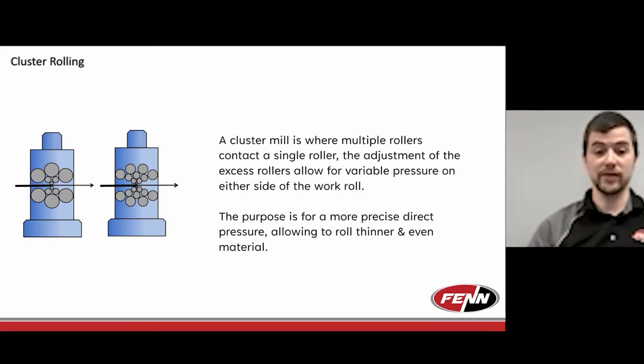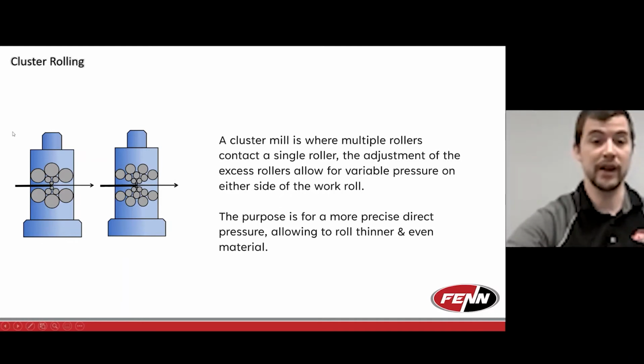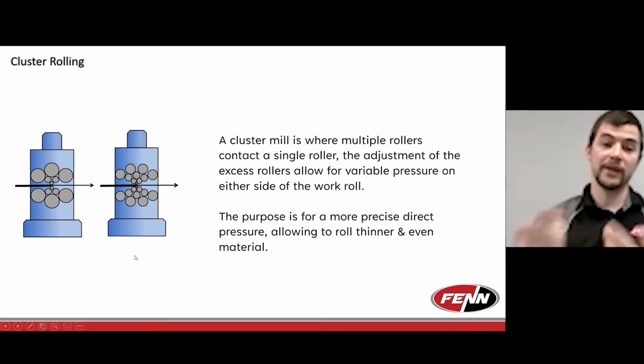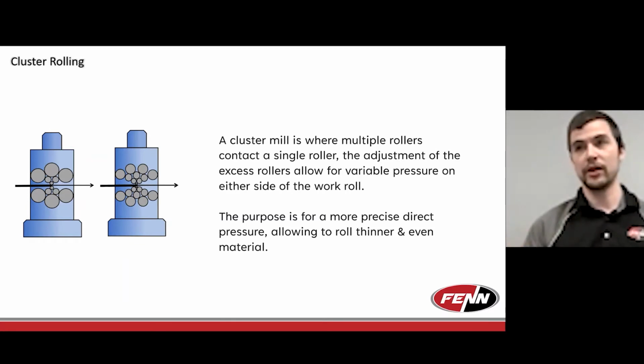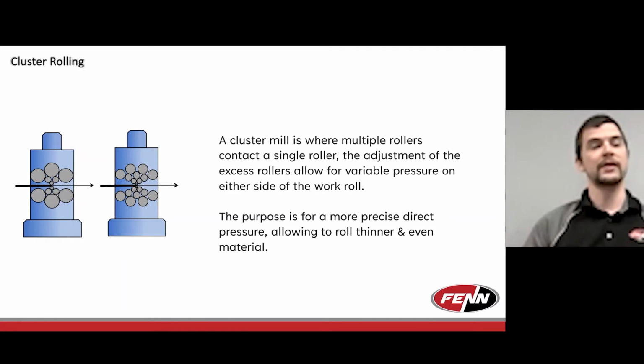Cluster rolling then takes it a step further, where you can go beyond the 6-high roll and go up to 12, and then from 12 up to 20, and so on and so forth, depending on the applications. The additional rollers and their spreading give you a lot more rigidity to the system, with how small of a direct work roll you have and how large of a backup roll you have to provide rigidity. They're the best type of mill for running extremely wide, thin applications where the most minute variation in pressure can not just make you unable to achieve your finish size, but can cause distortions in the material